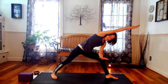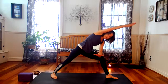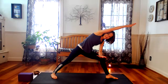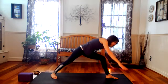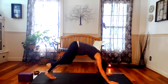And anytime we have that forearm on our thigh, just making sure we're not leaning too much into it. Can we push into the feet and engage the core and lift the left arm off of that thigh just a tiny, tiny bit? That will allow us to know that we are being supported by our legs, by our core. Look down to the front foot and we'll frame it, coming back to lunge, back to down dog, and